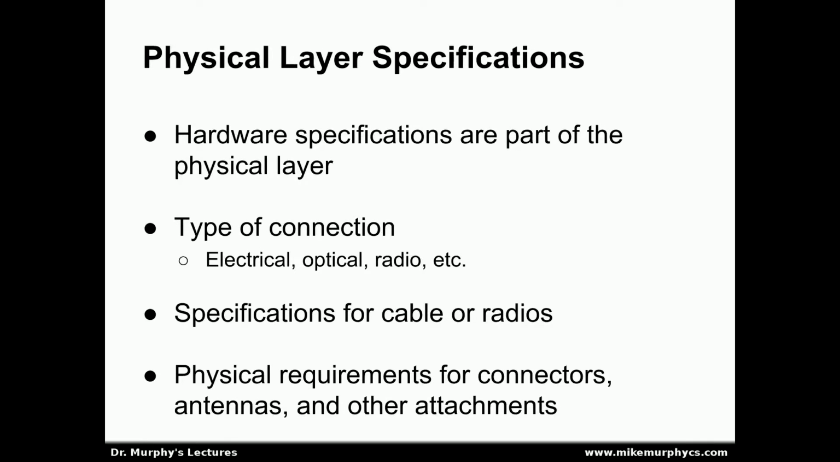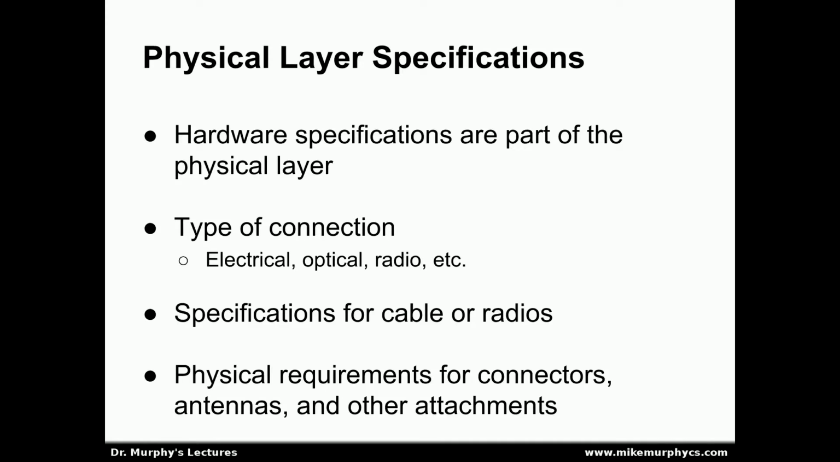Now, conceptually, in addition to providing the hardware, the physical layer also specifies certain properties of that hardware. So things we have to specify include the type of connection. Do we have an electrical connection? Do we have an optical connection? Is this a wireless radio connection? We need to provide specifications for what kind of cable or what kind of radio we're going to be using